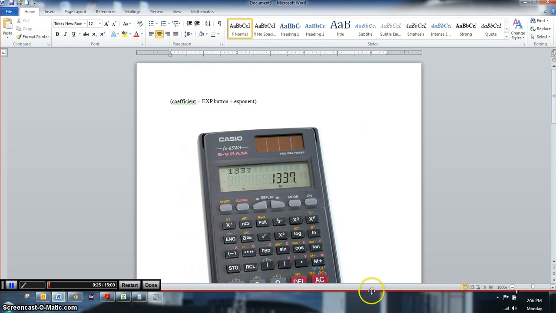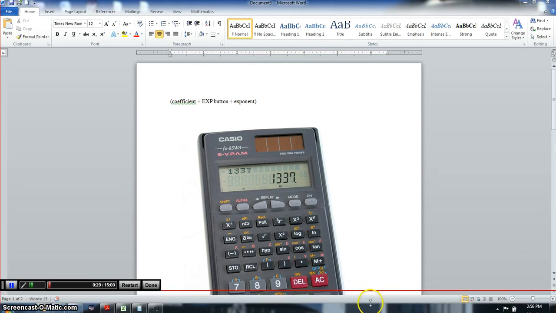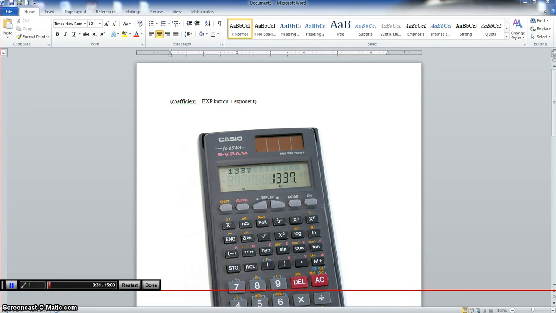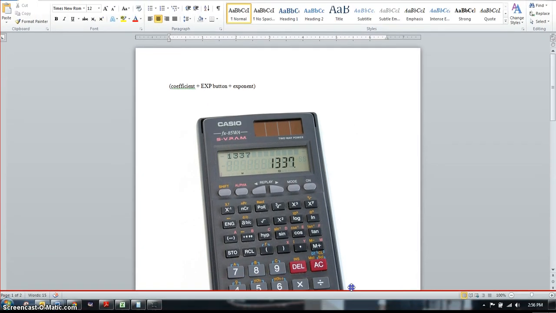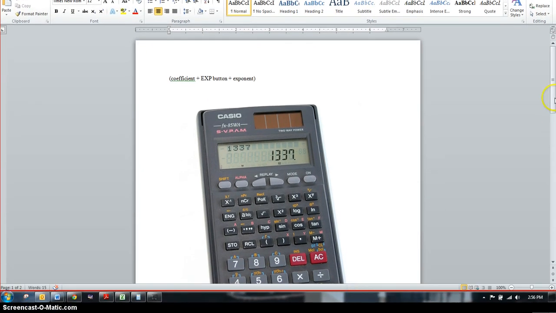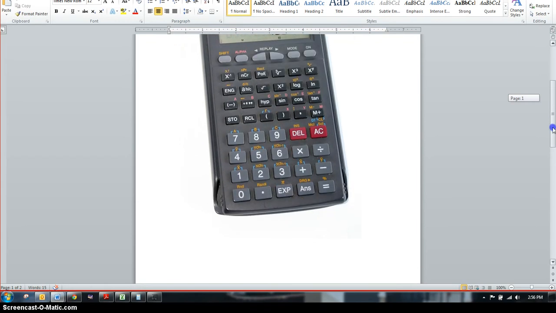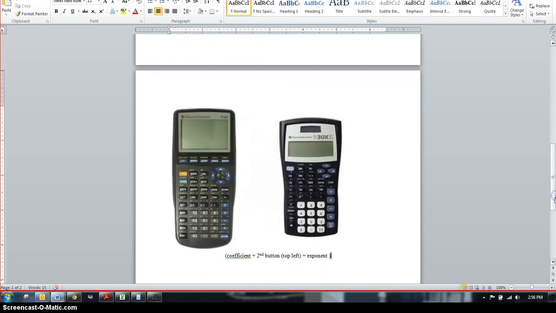And you may be using the TI-83 or another version of the TI. You might be using a Casio scientific calculator, or you may be using the calculator that's built into the laptop that you have, or maybe one you found online. So whatever one you're using, as long as it's a scientific calculator or has a scientific mode,